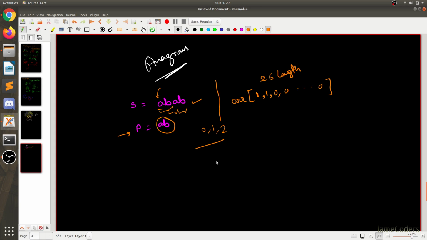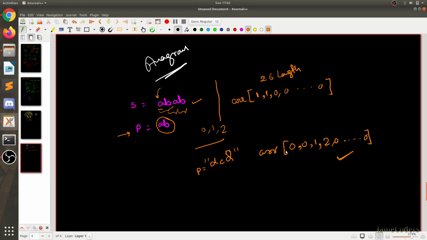Let's take another example. If our pattern is D and C, the array is basically the count of each character. So A is 0, B is 0, C is 1, D is 1, and the rest are all 0.